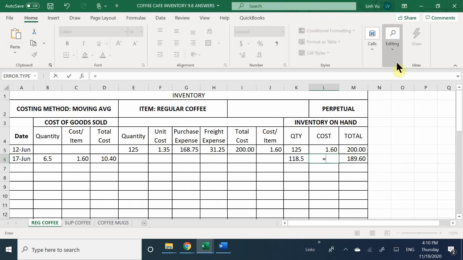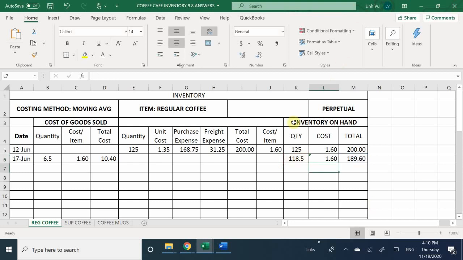You're going to take your new total, which was the 189.60, and you're going to divide it by your new quantity of 118.5. And hit enter, which leaves us still at $1.60 a piece. Okay, so good. It leaves us still there, but as soon as we make a purchase of something, or as soon as we keep making sales,